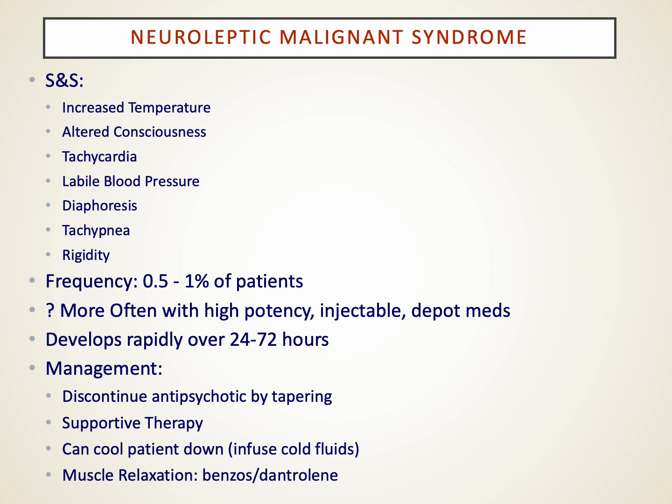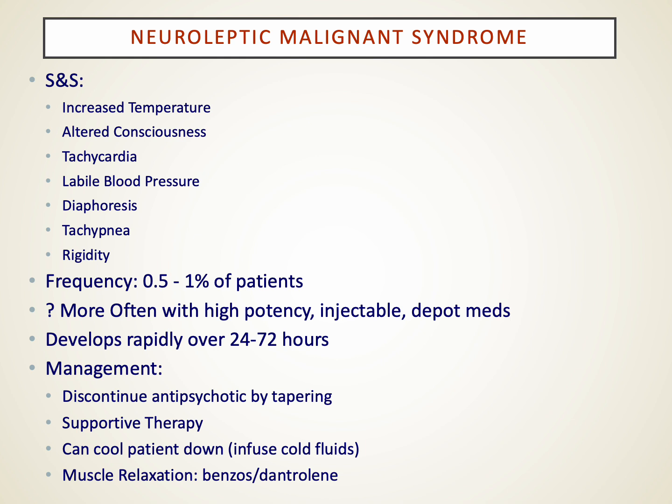One of them is something called neuroleptic malignant syndrome. This is seen more with the older typical agents than is seen with the atypical agents, but it is seen with any of them, and particularly with long-acting injectable forms of the antipsychotics. What you'll see is increased temperature and muscle rigidity as sort of the classic presentation, often with a cohort of other symptoms like changes in consciousness, changes in blood pressure, sweating, tachypnea, tachycardia.